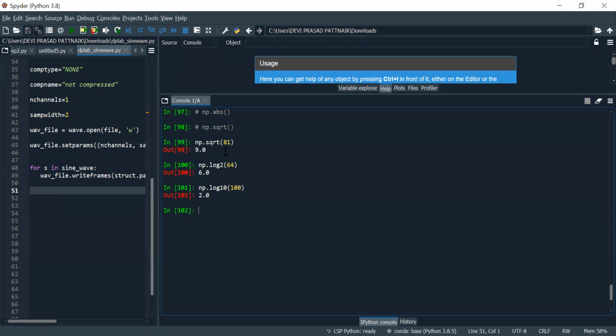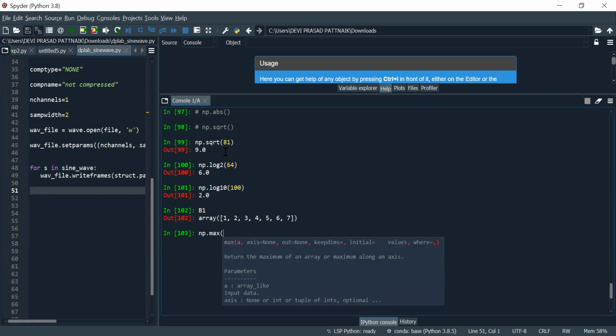Let me show another thing. I have P1 as an array. Write numerical Python dot max of P1.